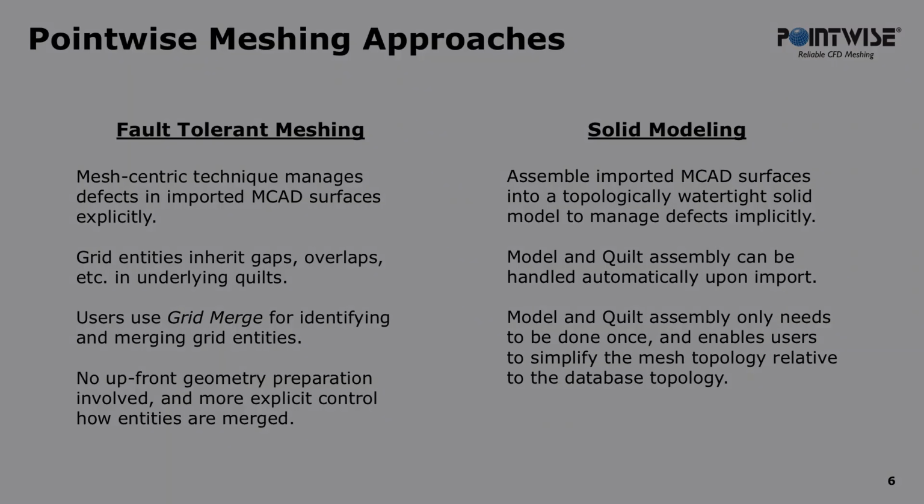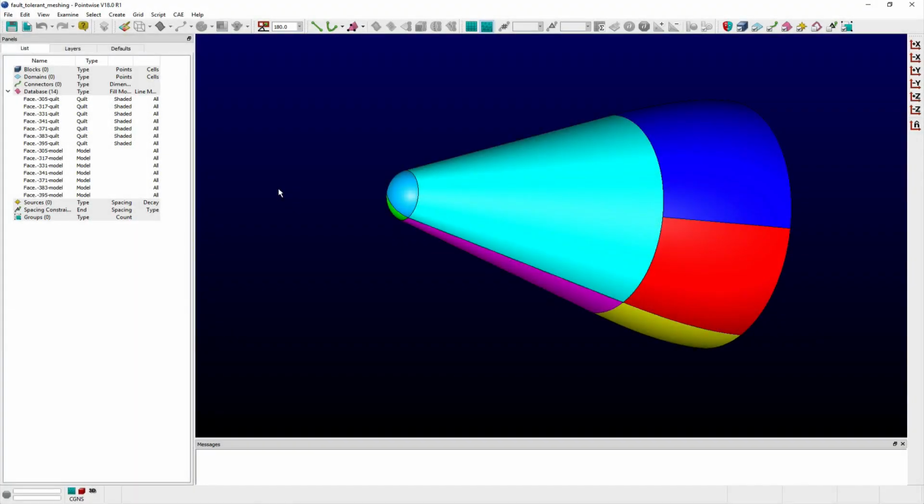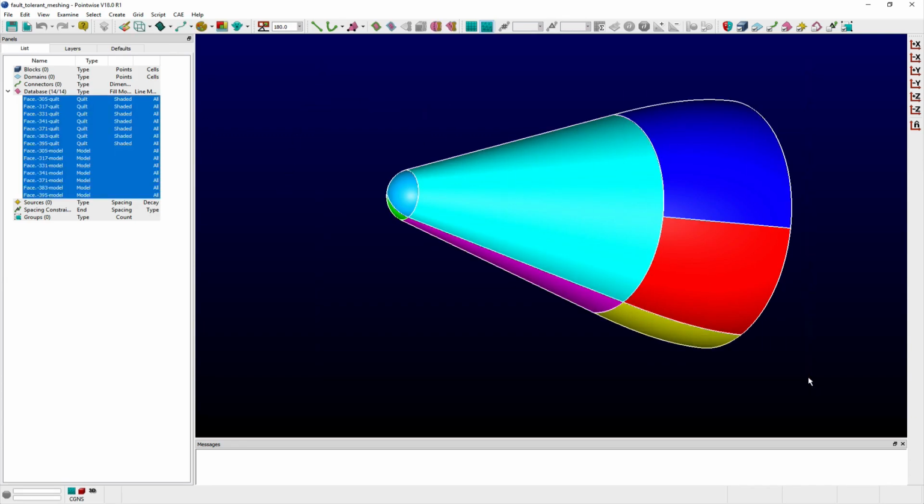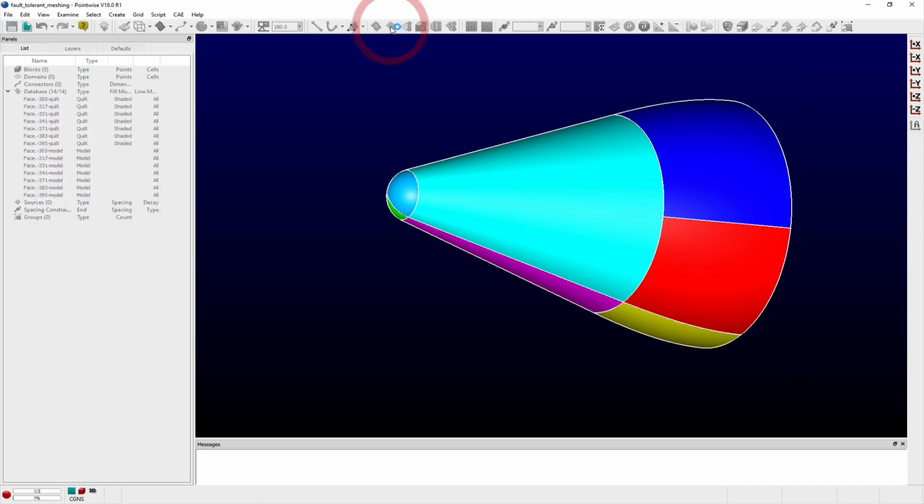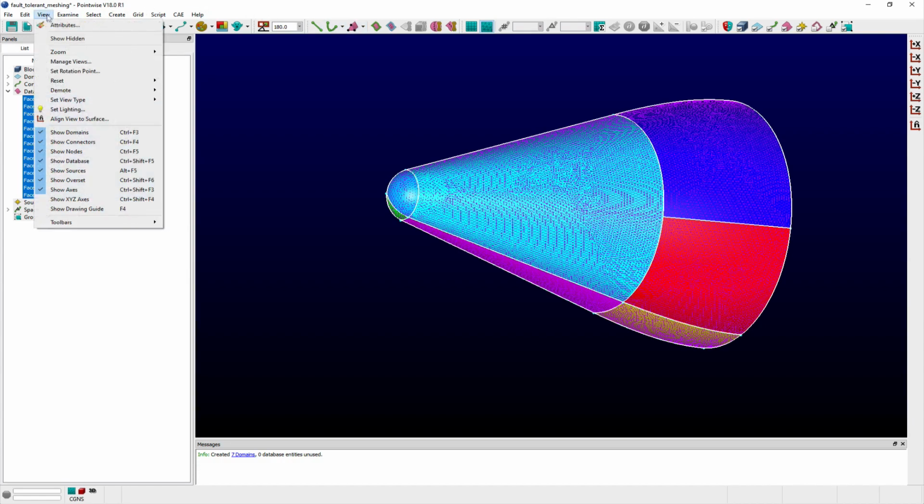To illustrate fault-tolerant meshing, I'll open another project I have saved which consists of a NASA reusable launch vehicle concept. Here I have isolated just a portion of the geometry, highlighting the vehicle's nose. You can see that each quilt has been given its own color, and no geometry cleanup has been done other than to isolate the surfaces for this launch vehicle's nose in their own layer. I'll quickly put a surface mesh on this visible part,